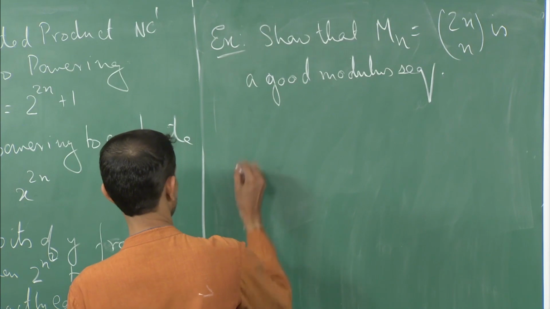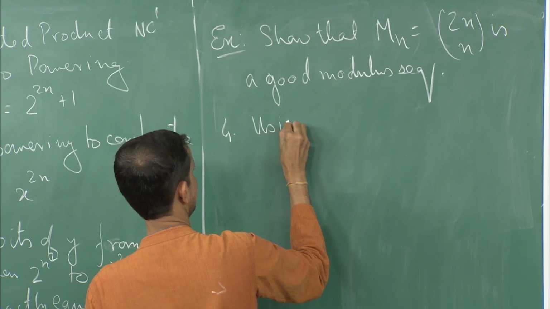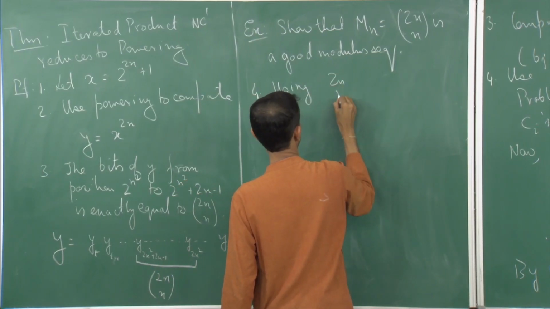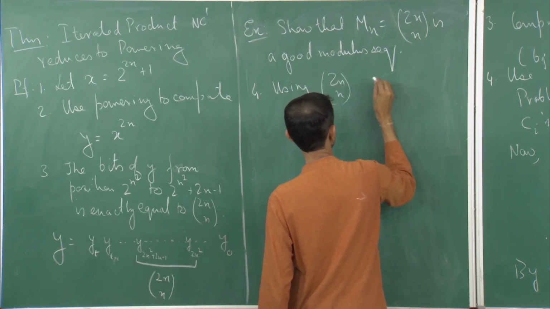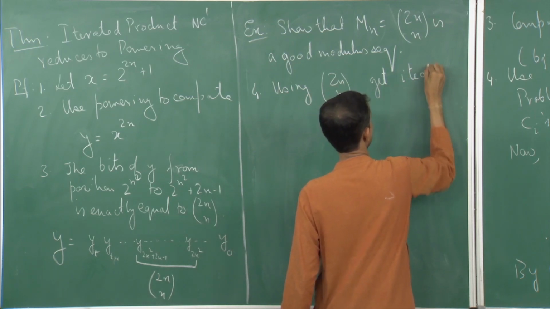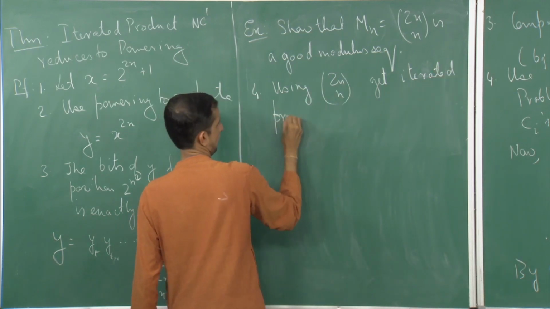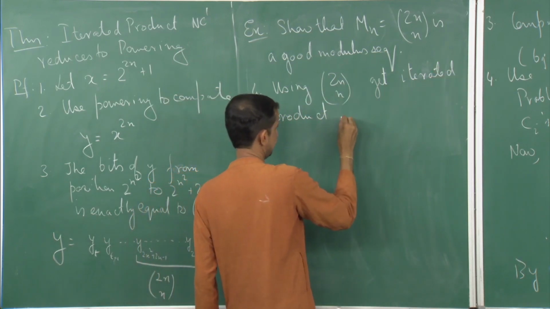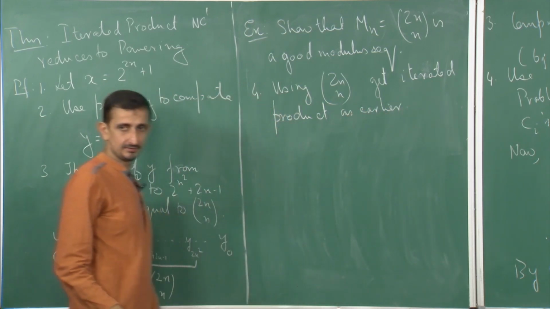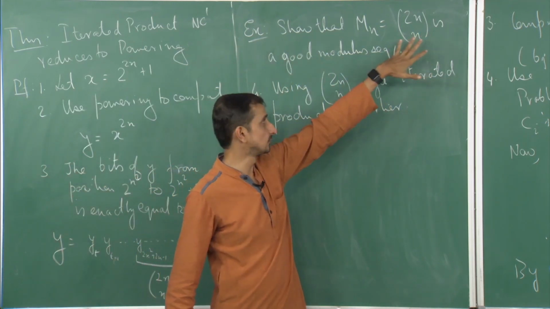So, using the value of 2n choose n, get iterated product as earlier. The only part that remains is to prove this is a good modular sequence, and